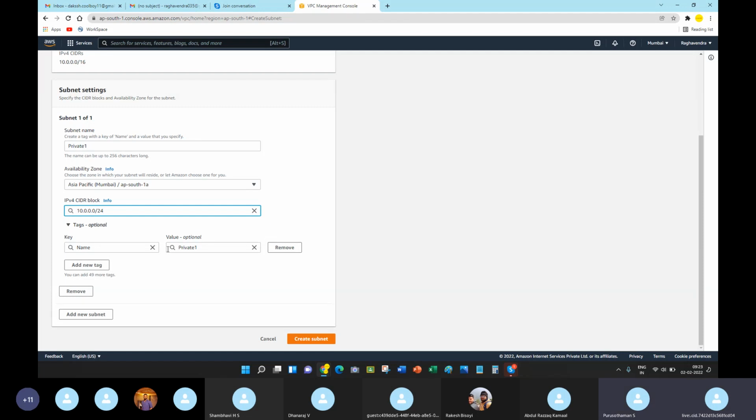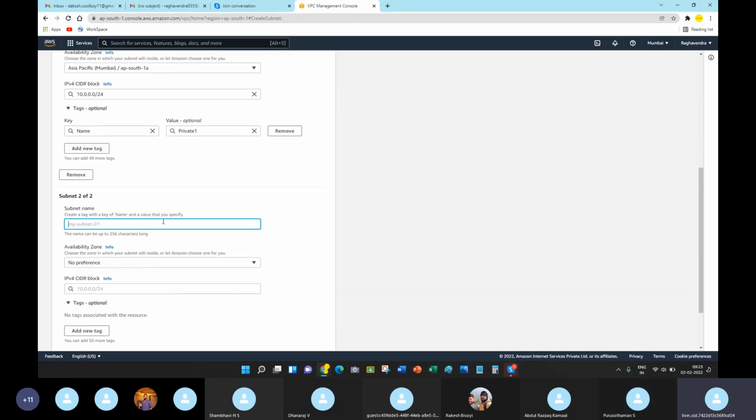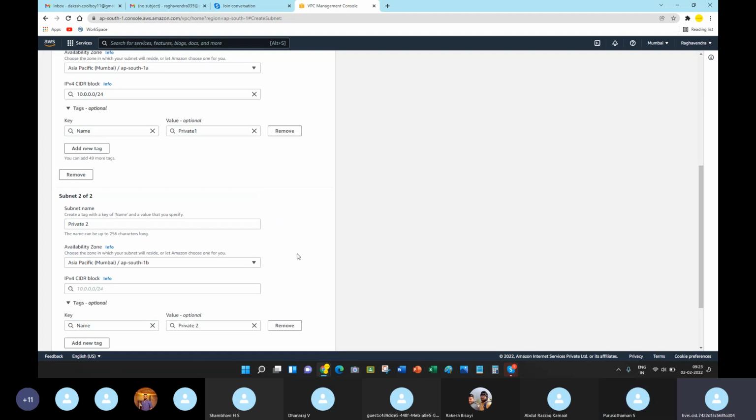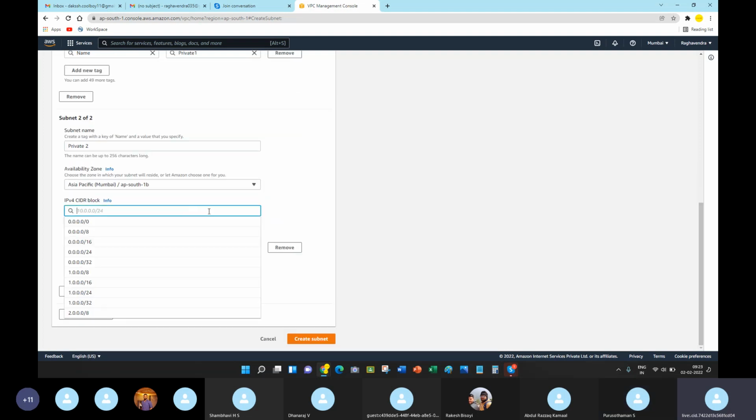And on the right hand side below, you can add a new subnet. Click on that option. Add new subnet. Okay. So next one. It will be B right now. Yeah, B. Okay. So the only reason we are creating multiple subnets is for high availability of our network.